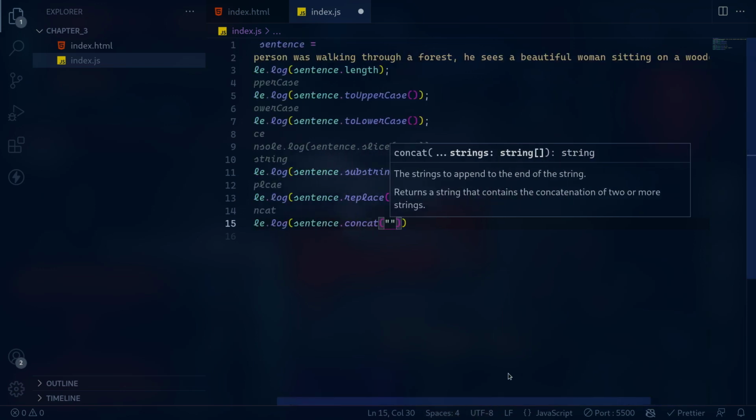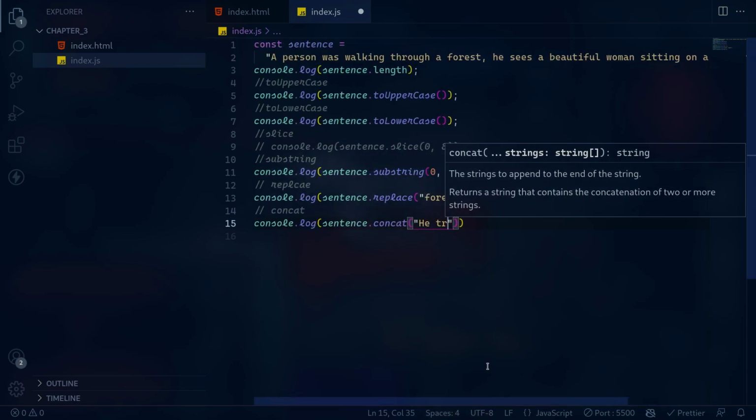So: sitting on a wooden log, he approaches the lady, but suddenly the lady